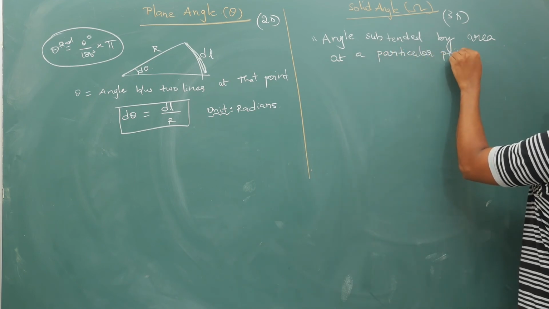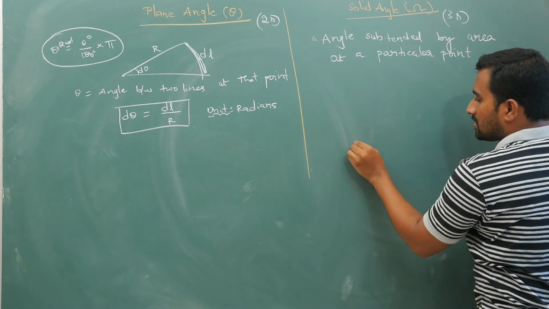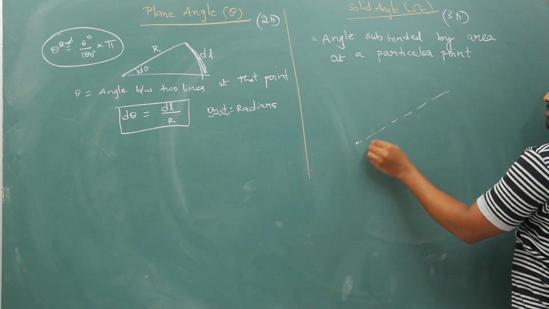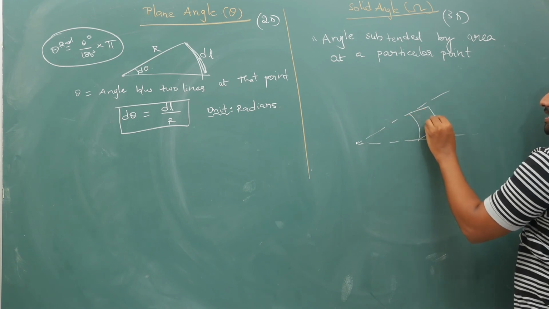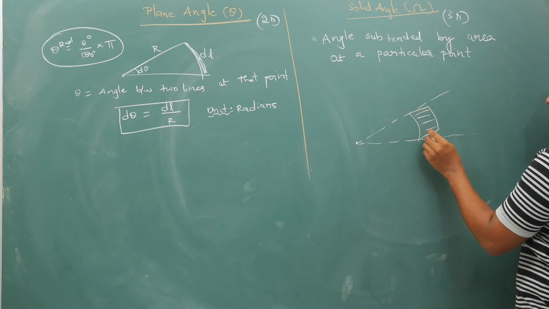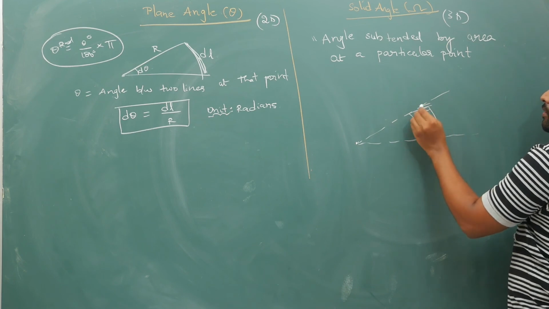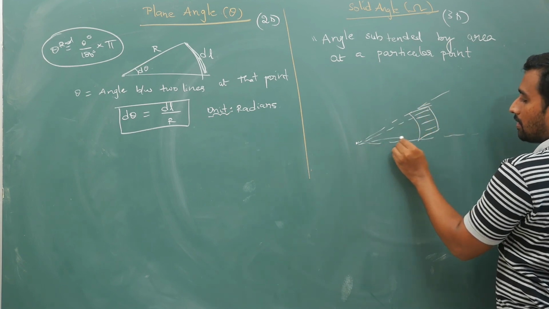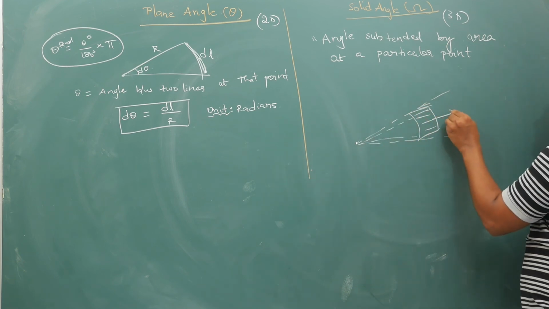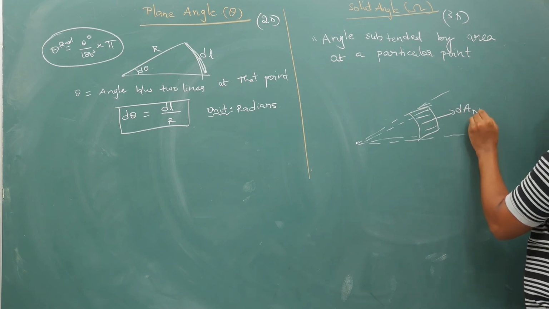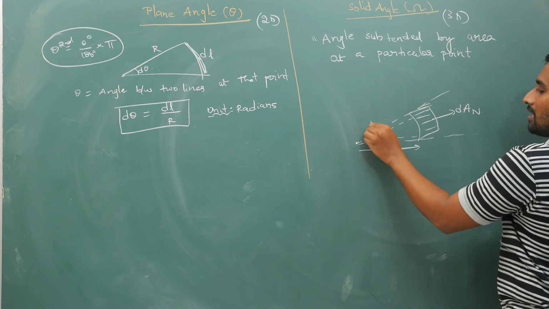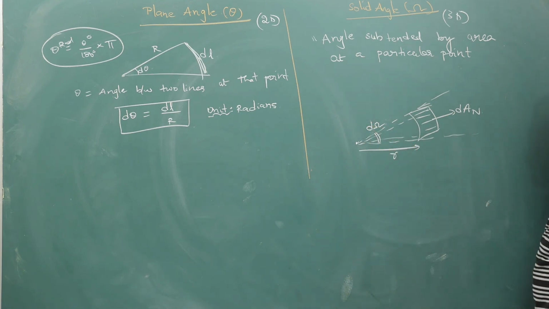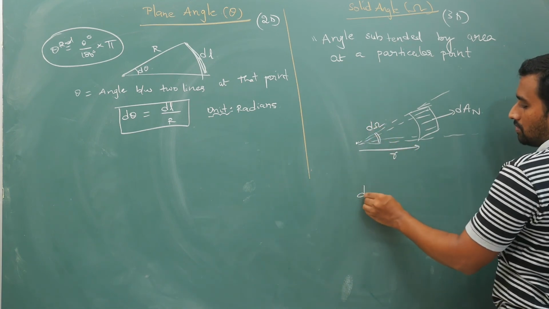If you observe this figure carefully, if I define a small patch of area here, how much angle is this area forming? If we take a small area dA, and the distance from here to here is r, your angle subtended is the small solid angle d psi, which is equal to